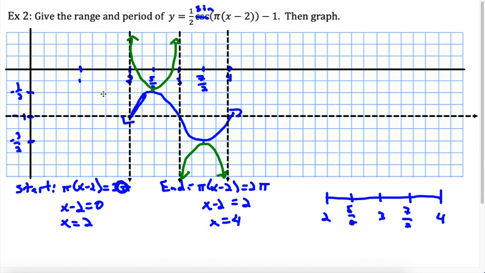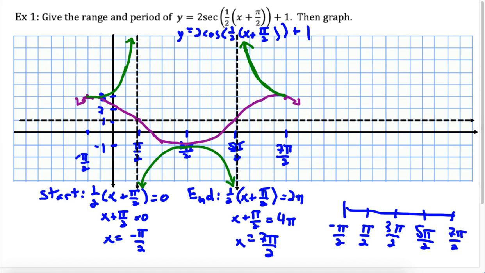Now I did actually forget to answer part of the question on the first example, so let's go back to that and then we'll come back and answer that part here. It asks for the range and the period of my function. So period is exactly the same as when we did sine and cosine. So my period